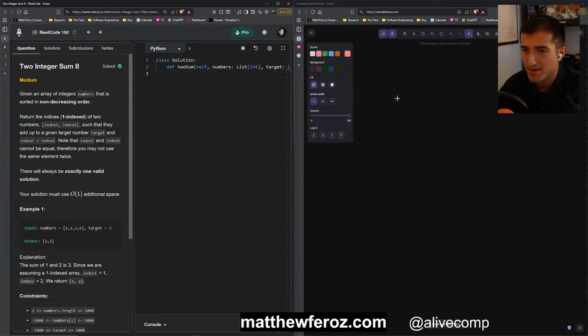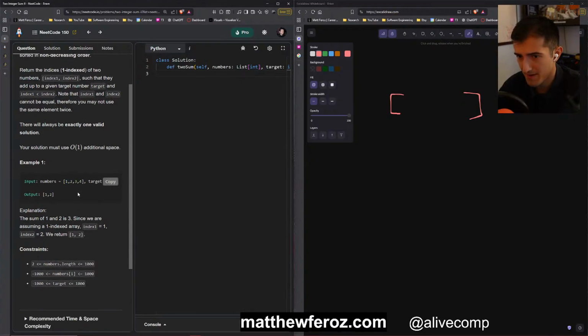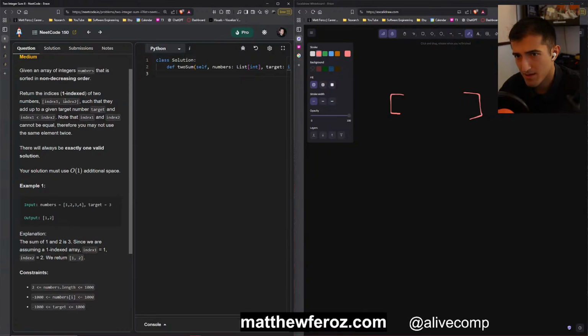So this is also a two-pointer question, so there might be a different way to solve this than regular two-sum. I'm thinking that we can go from the indices. So this has to be two numbers. So even if I hit 3, it can't be these two numbers.